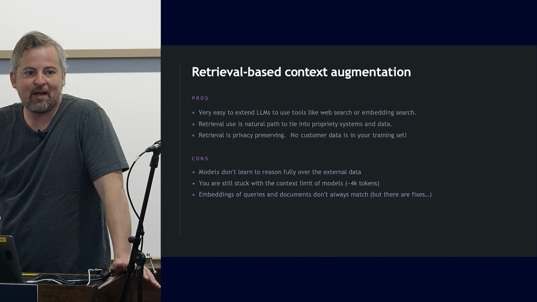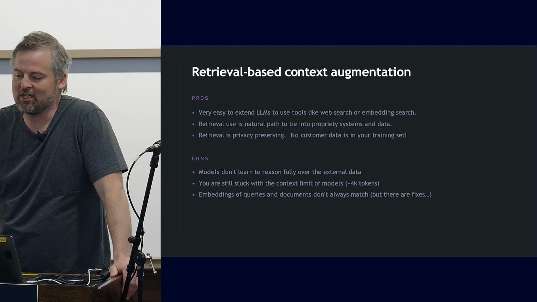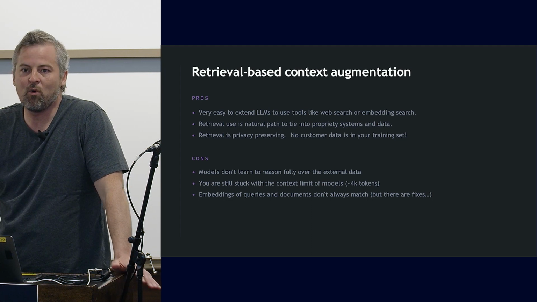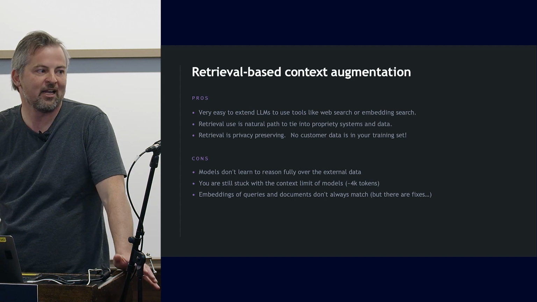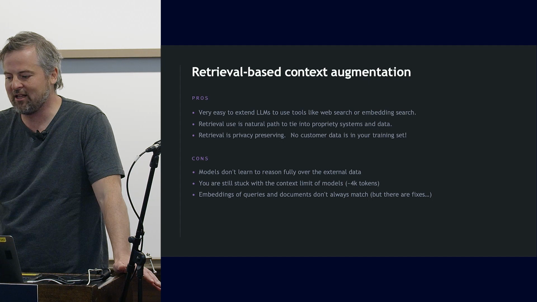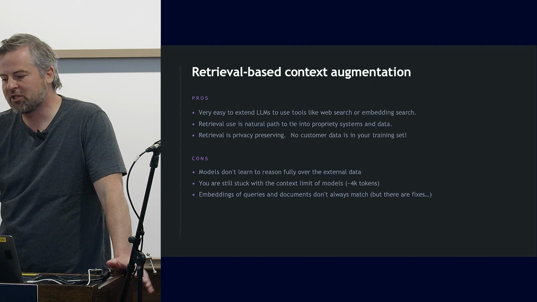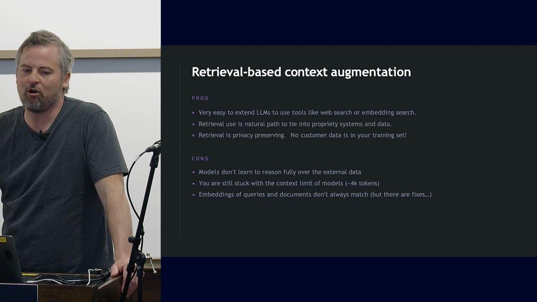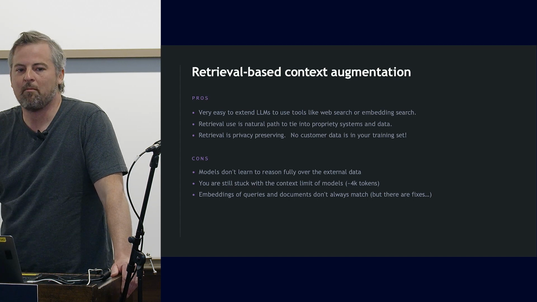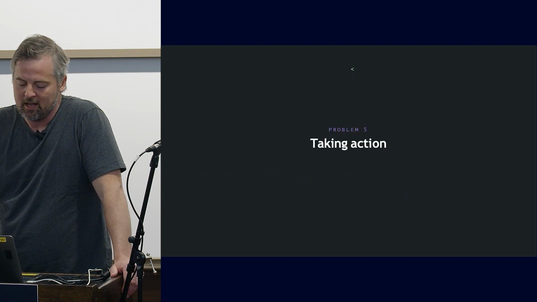I would say the great thing about this is it's relatively easy to do if you just read these papers and see how they're implemented. And number one thing is it's privacy preserving. You can have data on your customers, you can index it, and you can look it up, and that can be very, very powerful. There are some downsides, like you can't fully reason over all the data that's in that external store, but you can get a lot of great results here.